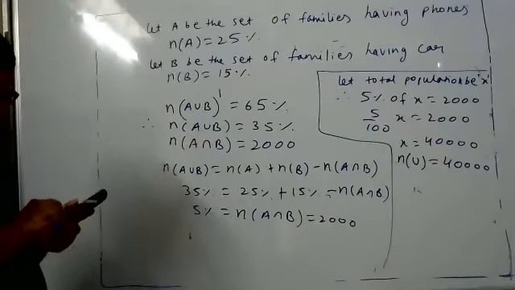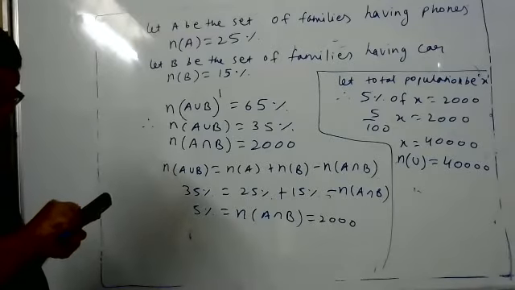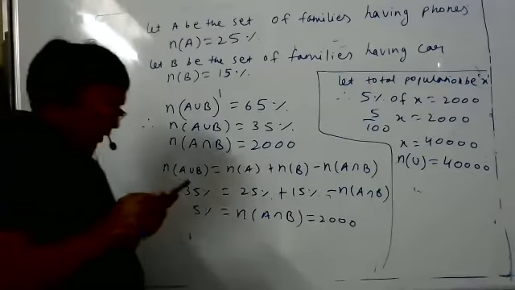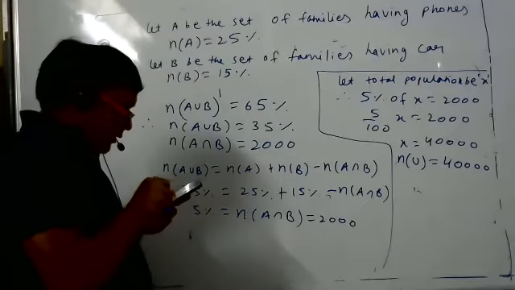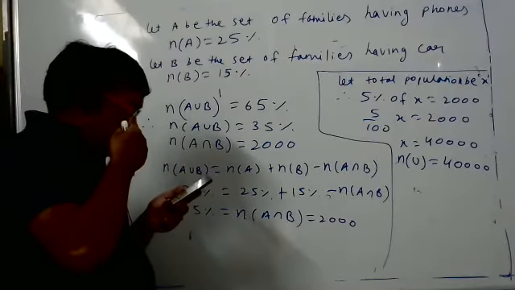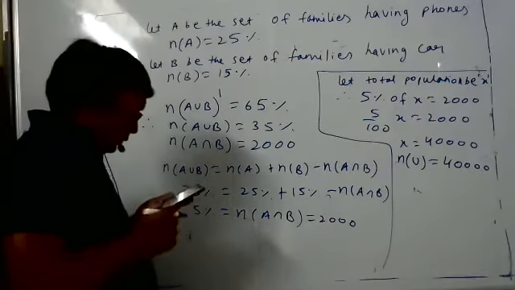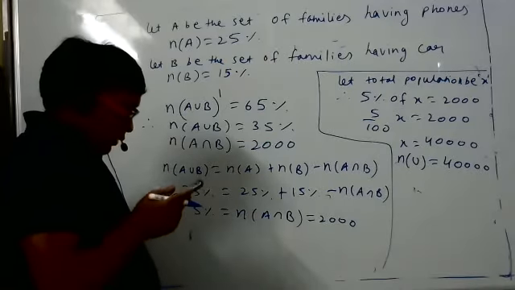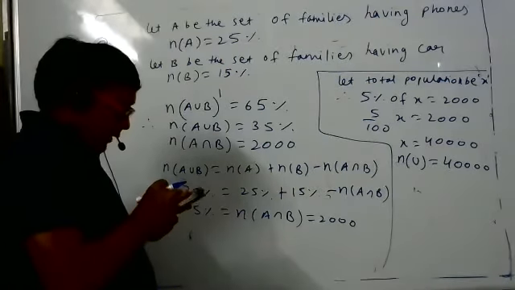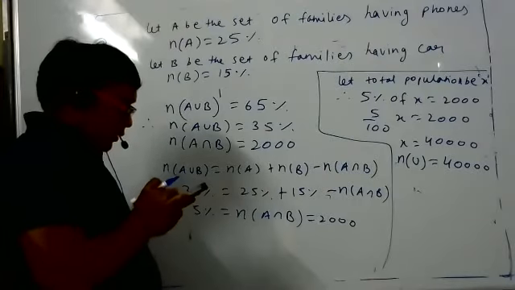Or A union B. We'll see what is the correct thing. It can be A union B also sometimes. So what are the options now? We'll go for the options now. That's the third statement. So the third statement is correct. The second statement is wrong, I think.